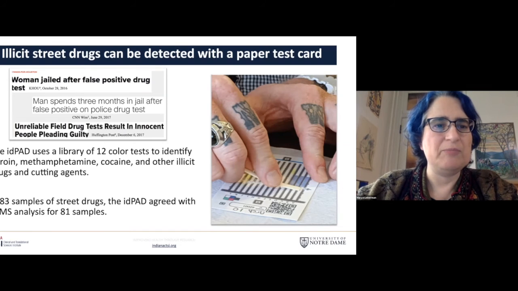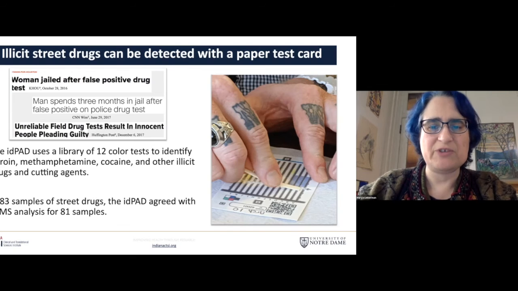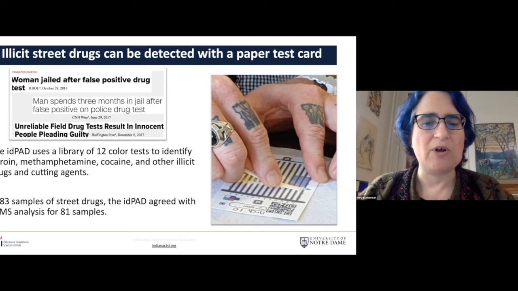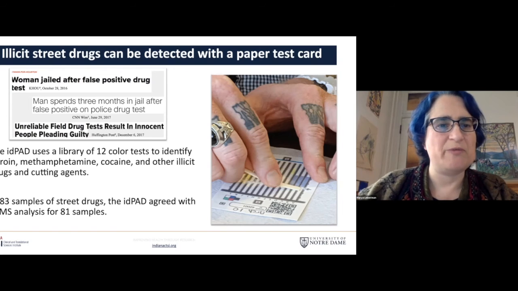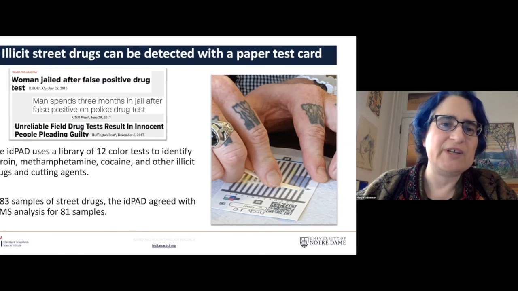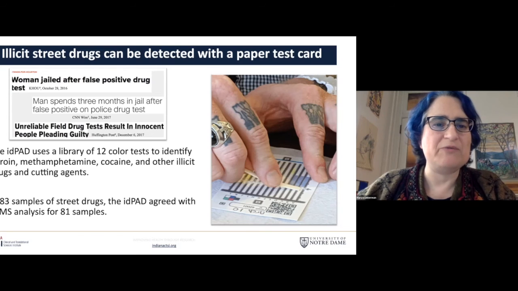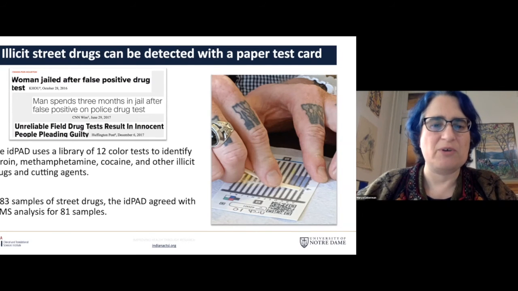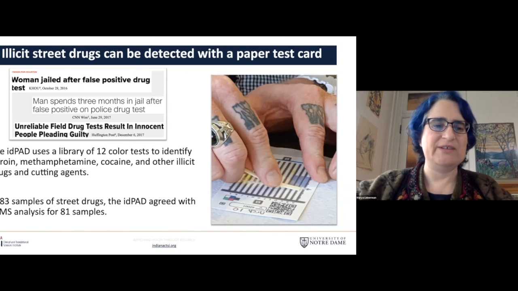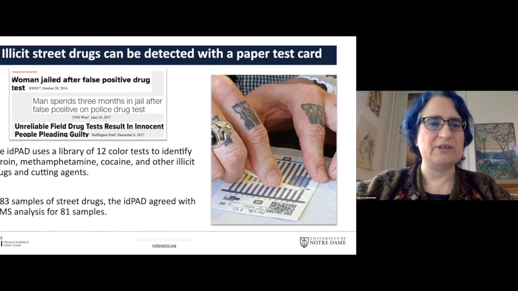The testing card is shown in the little picture, and you can see a person is spreading a sample on the card. After that sample is put on the card, the bottom of the card will be placed in water, and then it will activate a bunch of color tests. There's a library of different color tests on the card, and it produces a sort of color barcode. And that can be used to identify different